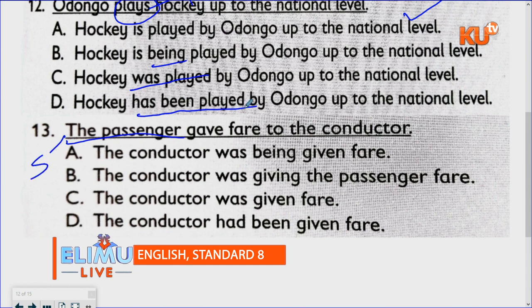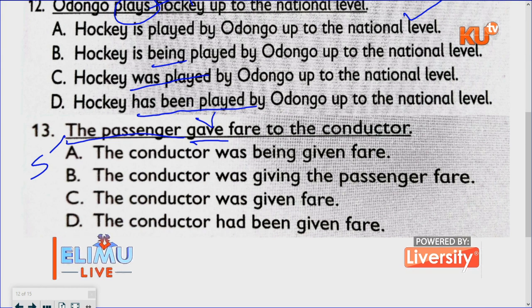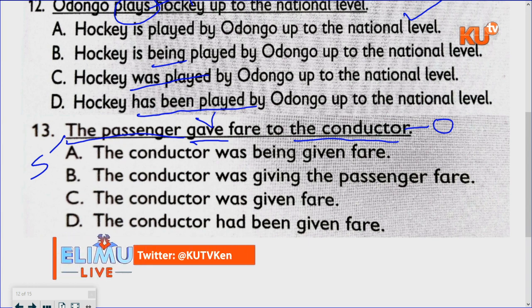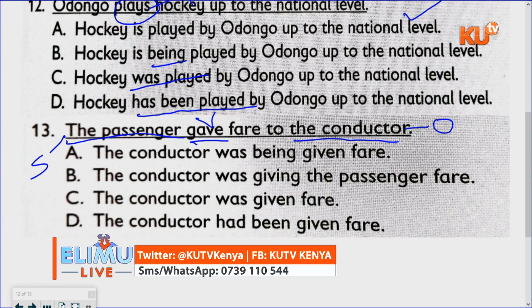Subject is indicated by S in short form in grammar. Gave fare, so that is the verb, the action of giving. Then what receives the action of that verb? It is the conductor because he was the one who received the fare. So the conductor is the object. Now changing it is easy because we will start with object, then we go to the verb or the action, then the subject. So the conductor was being given fare,